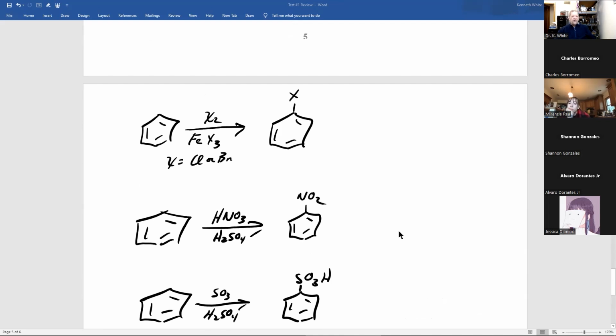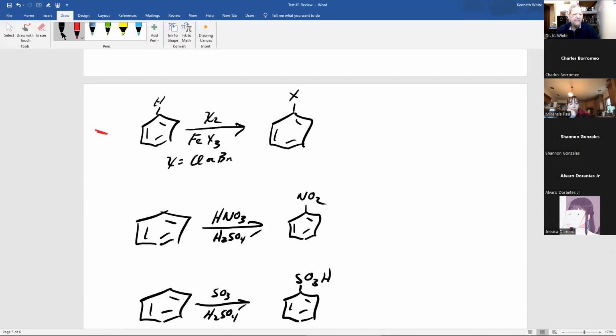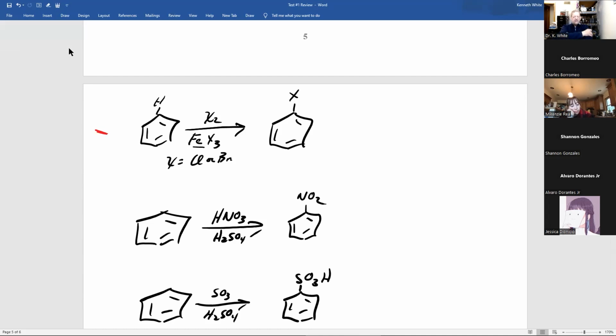However, when you have a benzene ring or an aromatic ring, you don't break those pi bonds because they give you stability. And aromatic compounds are very stable because of that. Therefore, you replace one of the hydrogens on the ring with something. And the first reaction we have is halogenation. And you need a catalyst, ferric tribromide, and you replace one of the hydrogens with the halogen. And there are only two reactions I can give you on test, either one of those.